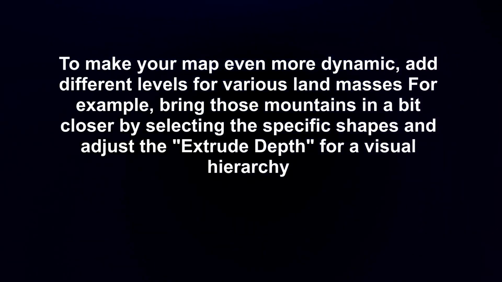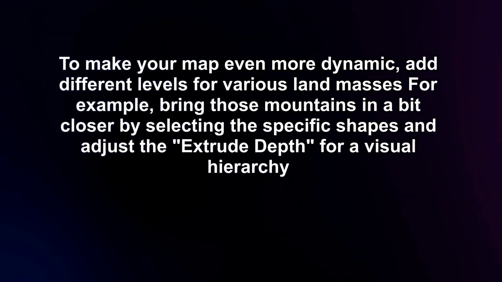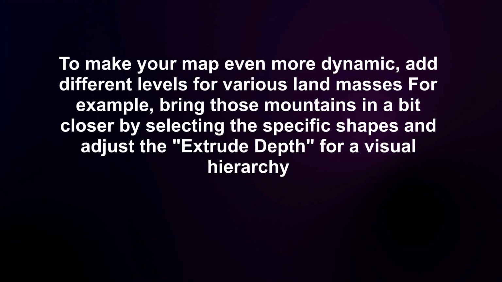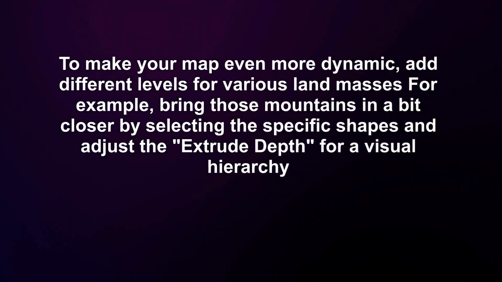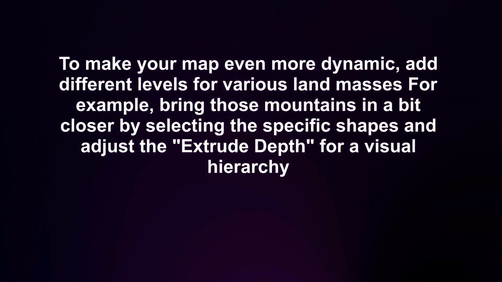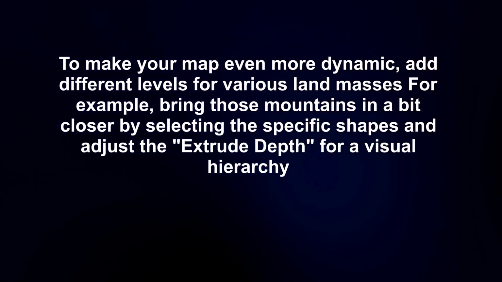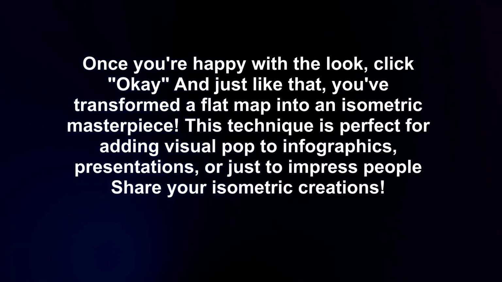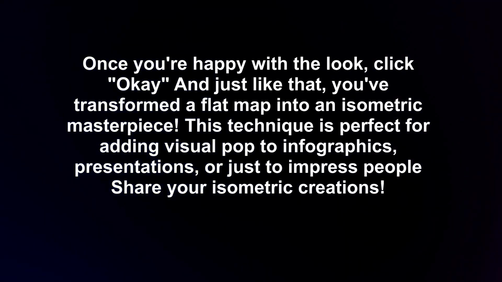To make your map even more dynamic, add different levels for various land masses. For example, bring those mountains in a bit closer by selecting the specific shapes and adjust the extrude depth for a visual hierarchy. Once you're happy with the look, click OK, and just like that, you've transformed a flat map